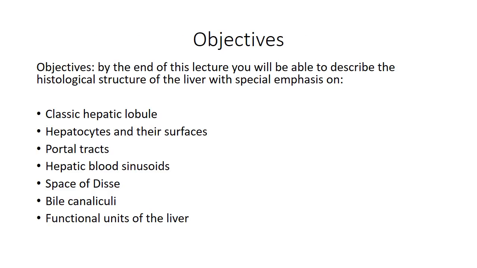So by the end of this lecture, we see that we have fulfilled our objectives. We discussed the classic hepatic lobule and how it is formed. We talked about the hepatocytes and their 3 main surfaces, the canalicular, the sinusoidal, and the intercellular surface. We have discussed the portal tracts, hepatic blood sinusoids, the space of Disse, an important space, the formation of bile canaliculi and the canalicular surface, and lastly, we have discussed the functional units of the liver